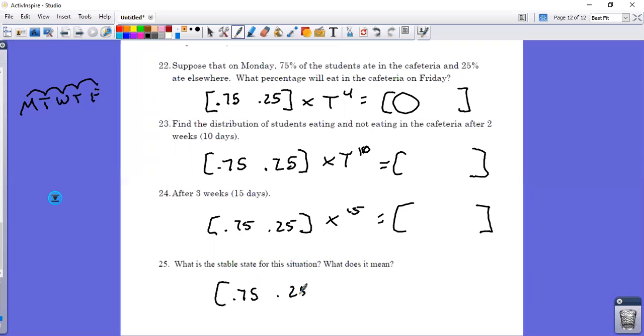0.75, 0.25 times, that should be T to the 15th, right? T to the 50th, so just raise it. And so in the long run, what percent of the students will eat in the cafeteria and what percent will not? That's the last one. So I am going to